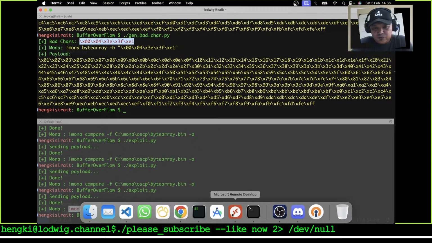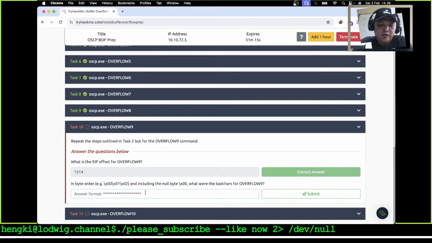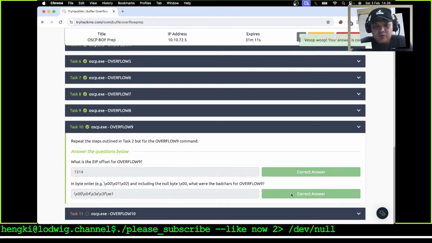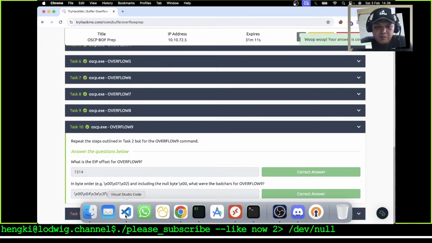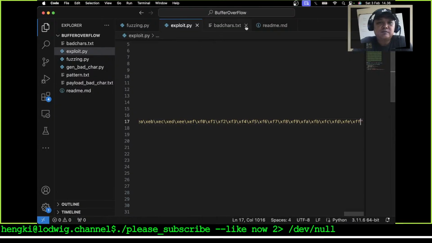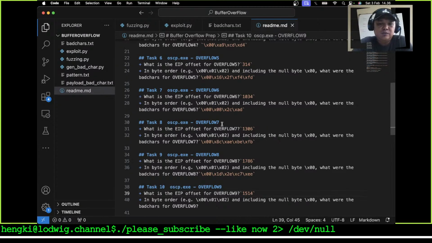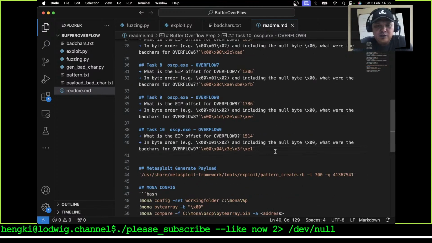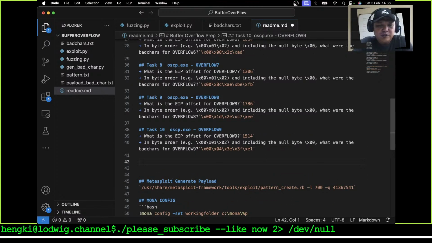Why do we need to find the bad chars? Because when we generate a payload, the bad chars can be removed, excluded from our payload. That's why we need to find the bad chars in this exploit. On the last mission,